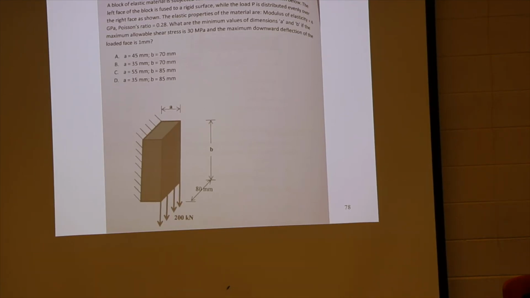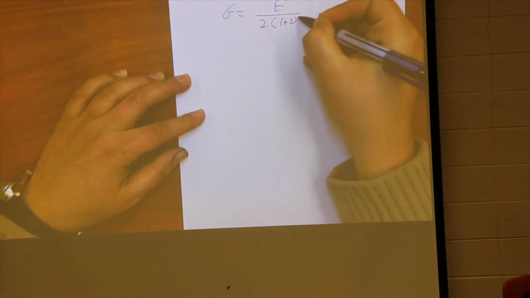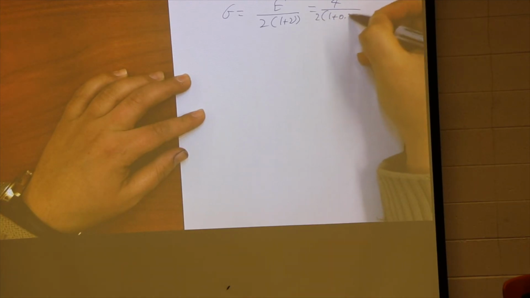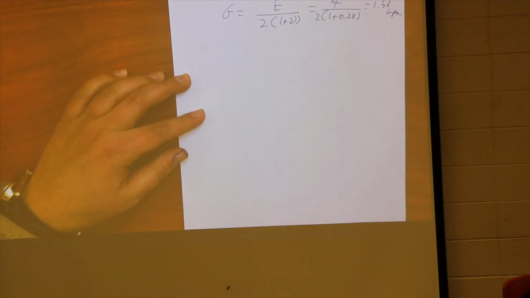It also relies on your sketching things. So, let's see what we have here. First of all, G equals E over 2(1 plus nu). So it's equal to 4 over 2(1 plus 0.28), which equals 1.56 gigapascal. Now,